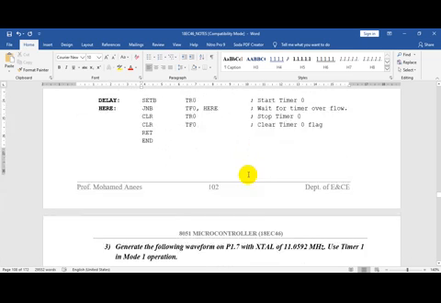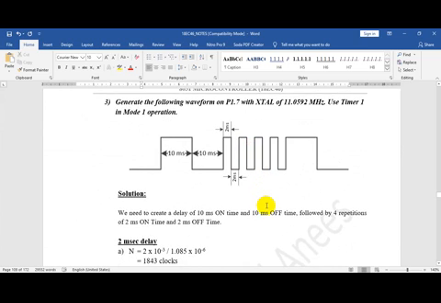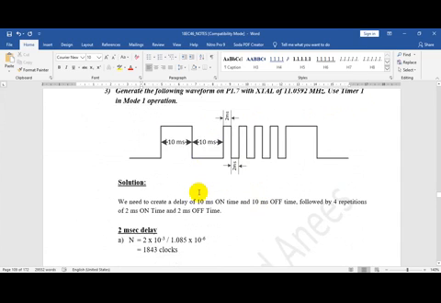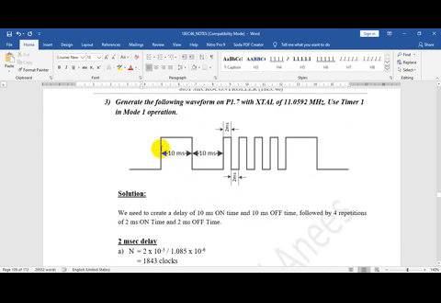The last program is also somewhat similar. You have to generate this square waveform using timer 1 in mode 1. First it is 10 millisecond, then it is 2 millisecond. So how many times?